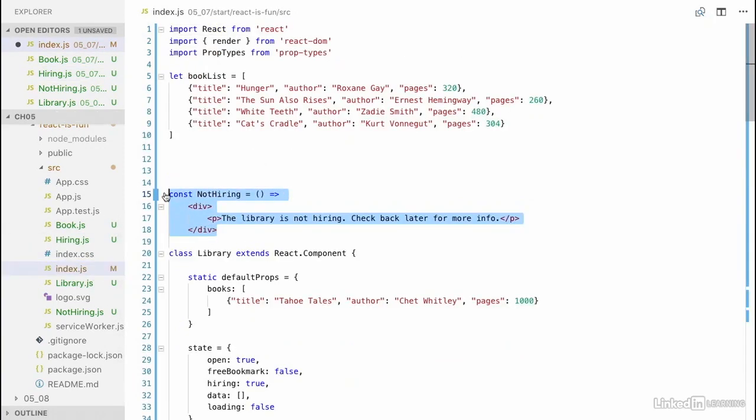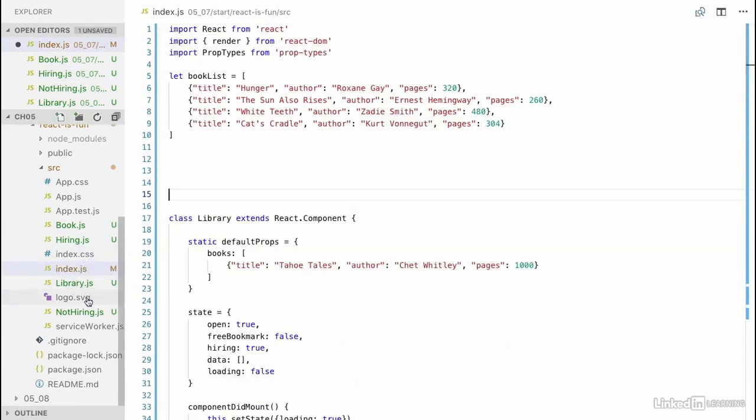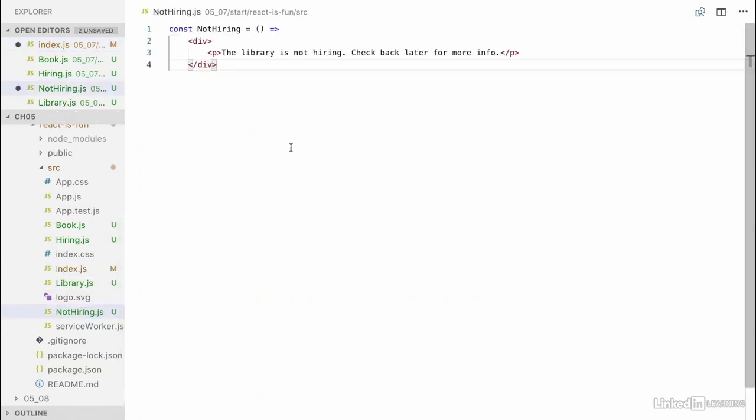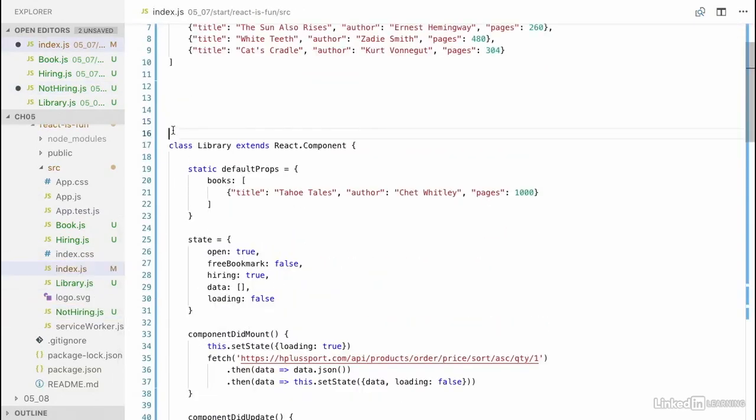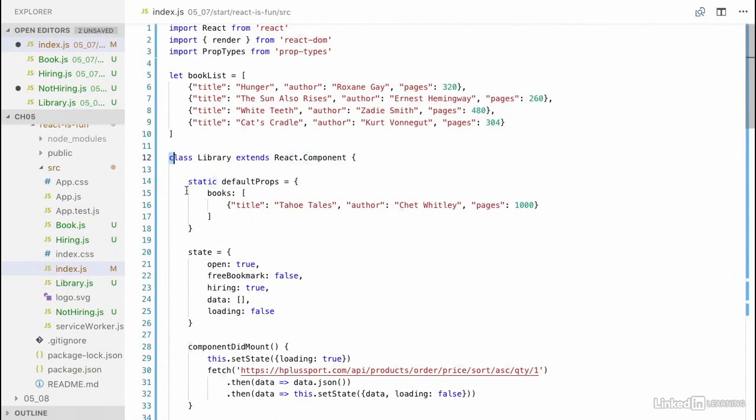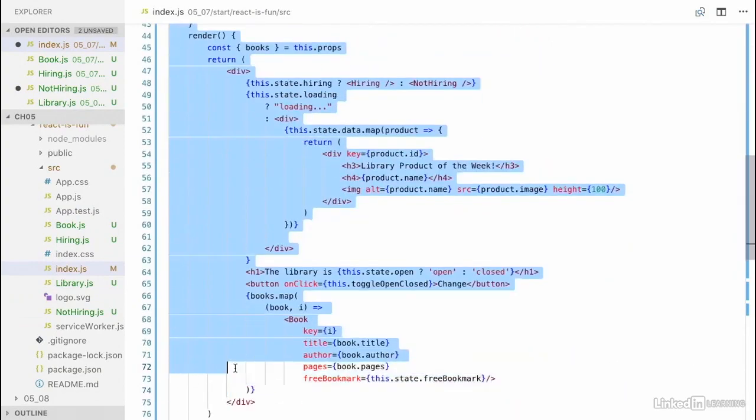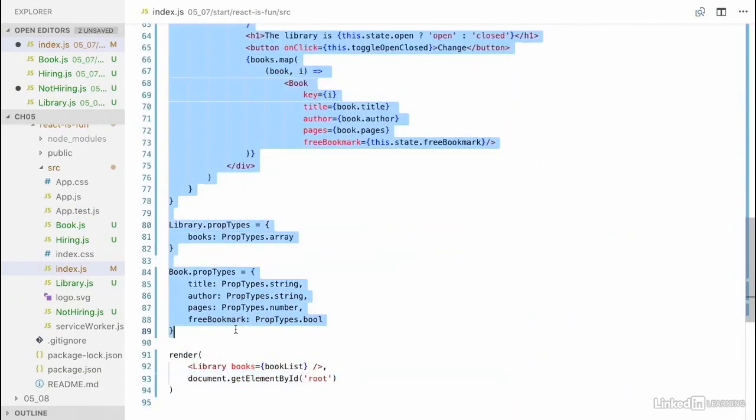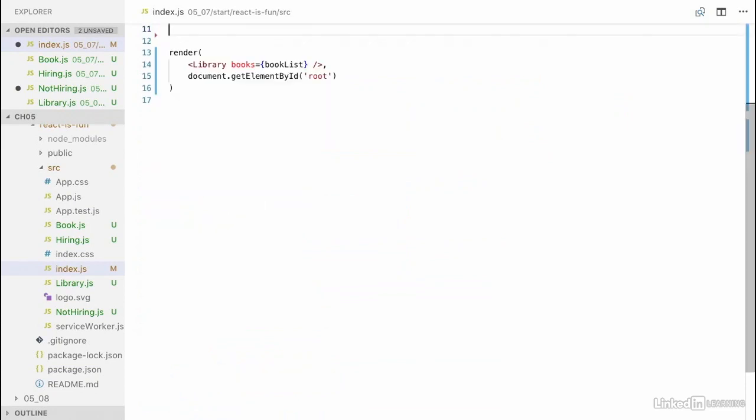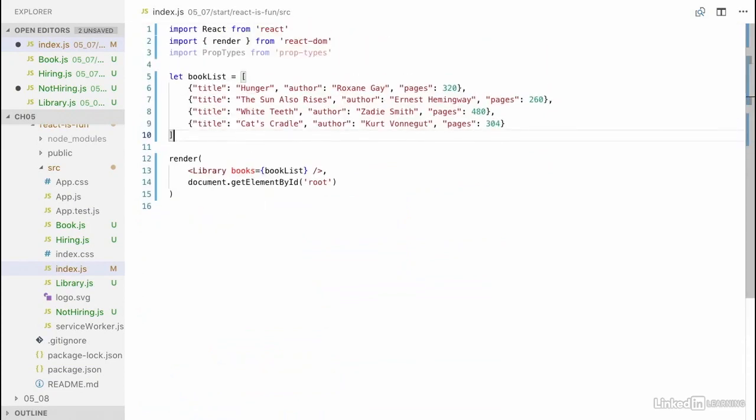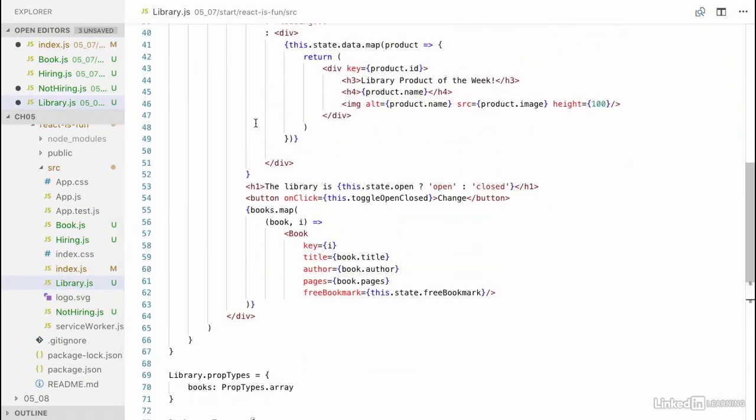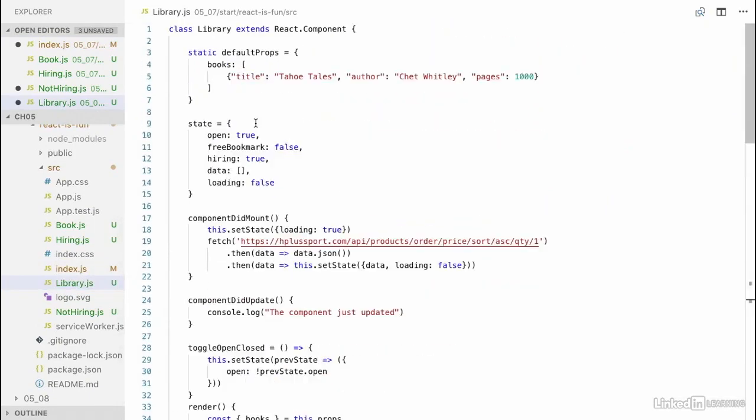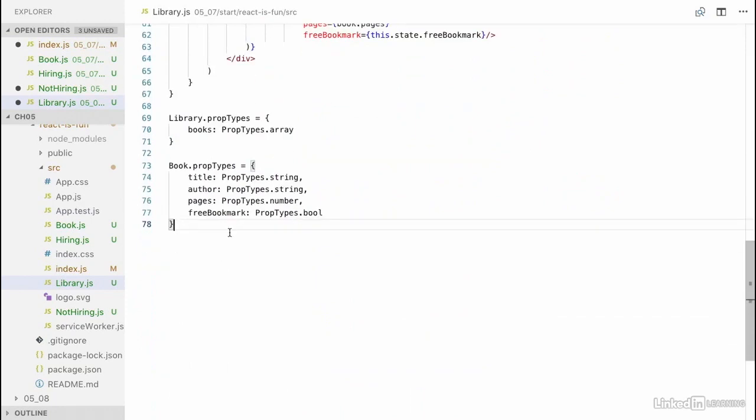We'll grab not hiring and place that in not hiring with an export. And then we'll grab library. So I'm going to grab our library component, and I'll take that and paste it into the library file. And I'll leave the book list here. So let's make sure to place that here. And we'll say export default